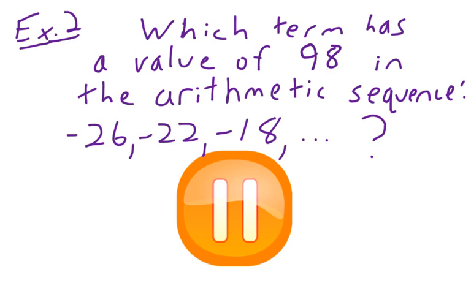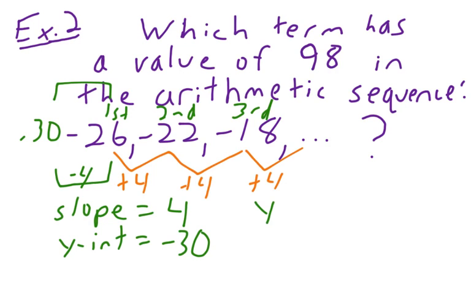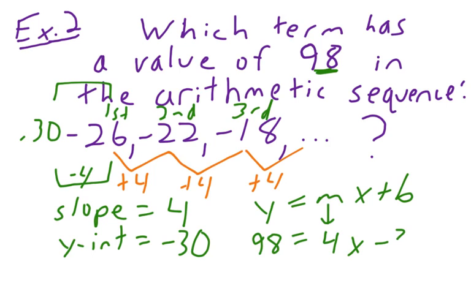Alright, now let's check the solution. Alright, well my slope is 4, because we just add 4 to get to the next number. My y-intercept, if I go back one term, it would be negative 30. So I just write y equals mx plus b, and plug in what I know. I know my 98 is going to be my y. My slope is 4. And my y-intercept's negative 30, and I'm solving for the x term,